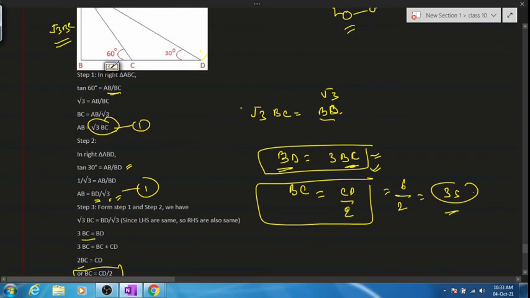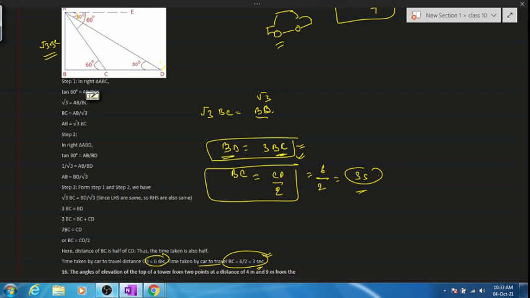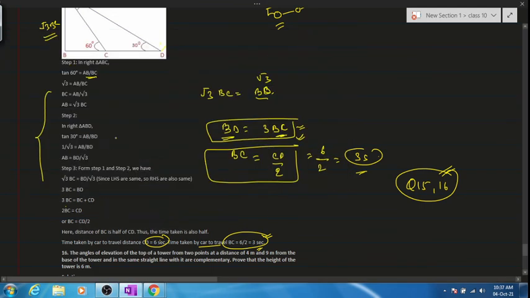I would expect you to draw the diagram and complete each and every step properly so that you can understand this with proper concept. And if you have any doubts, you can ask me immediately. Students who are done with question number 15 properly, kindly draw the diagram for question number 16 and try solving it. This happens to be the last sum of this exercise and this chapter, of course. So I would expect you all to give your time to this so that you will be able to solve it on your own.